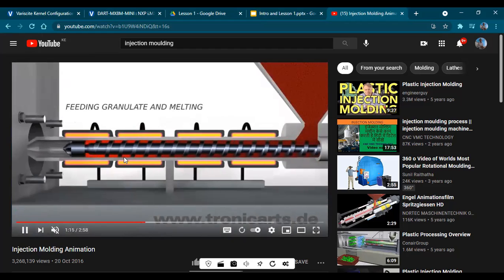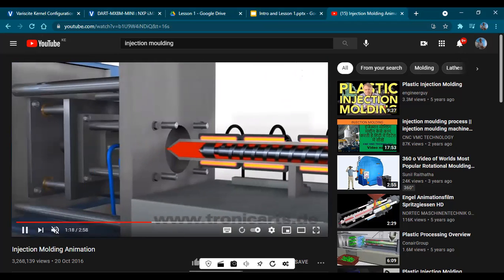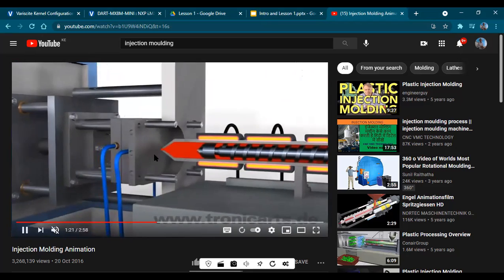It ensures that the temperature is uniform, and also the thickness, the viscosity, is the same. That's the work of the heating filament. The heating filament melts the plastic from the solid form to this viscous form, and then it is fed to the last part,